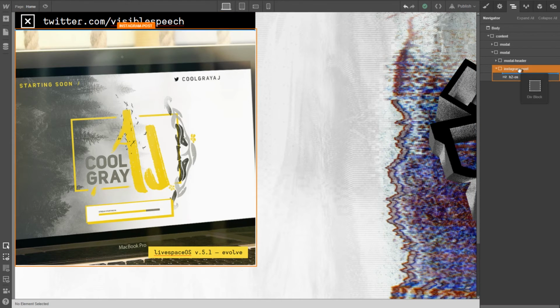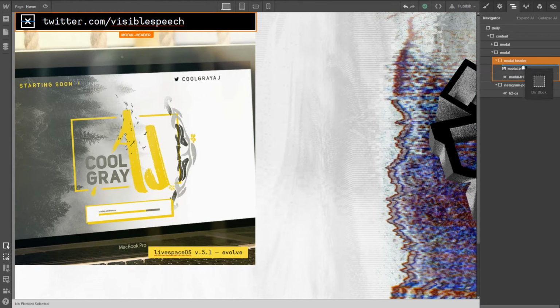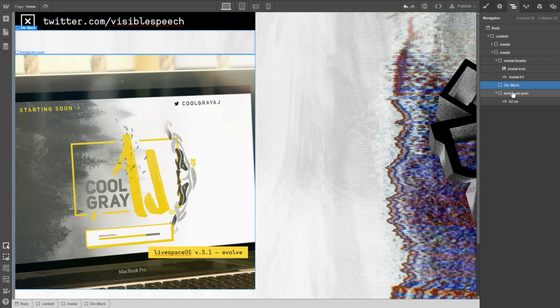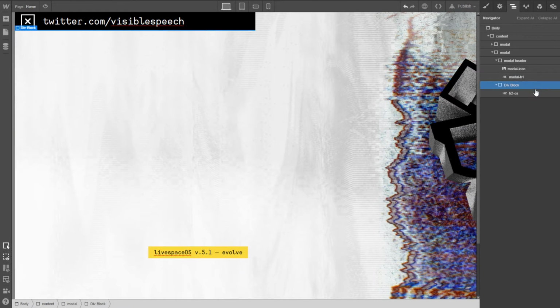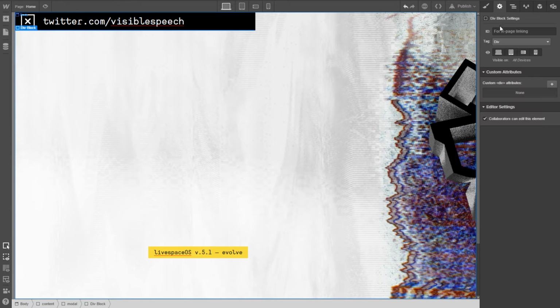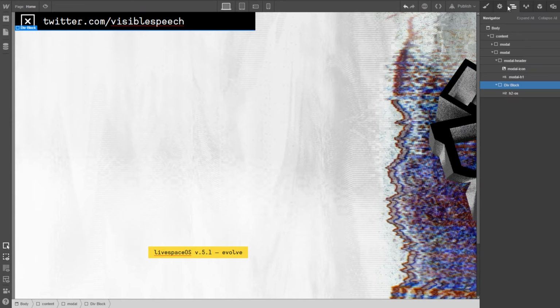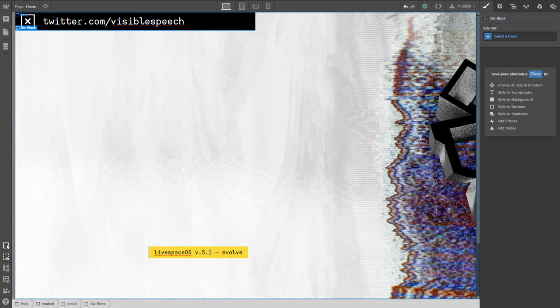We're going to add a div block below modal header. Right here. You want this inside of that one, and then we want to remove this. And then you want to change this name. Oh no, we don't. We want to do this. Yeah, that's correct. Call this tweet